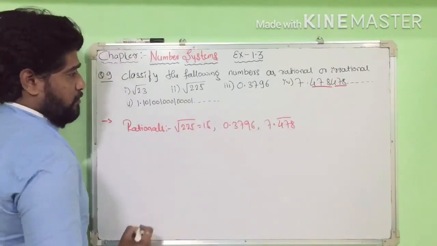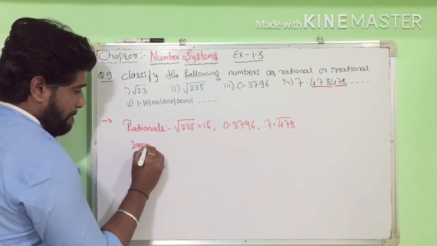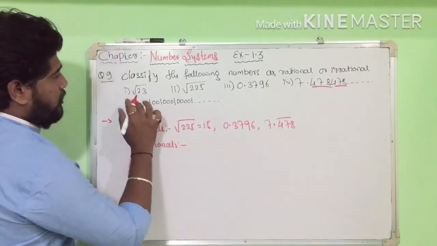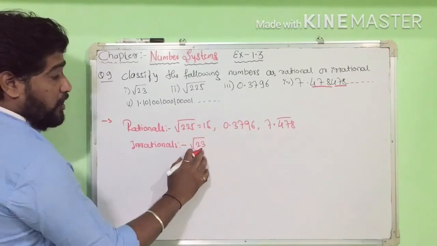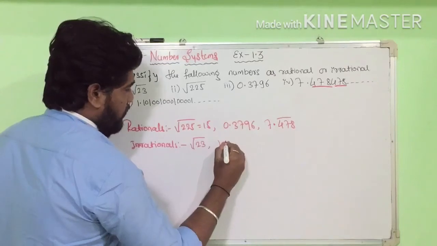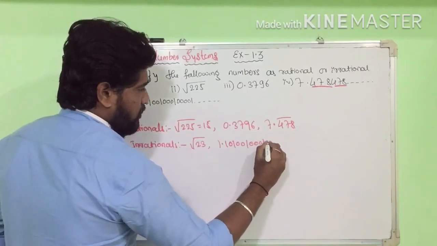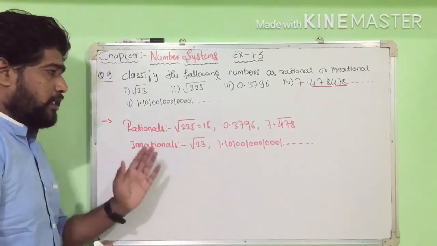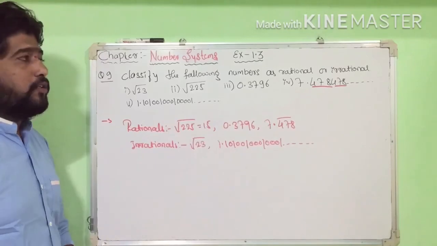So it is a rational number. And the irrational numbers: root 23 is non-terminating and non-recurring, that's why. Another one is 1.101001000100001 and so on, also non-terminating, non-recurring. Irrational means only non-terminating and non-recurring numbers. Is it clear? So this is all about